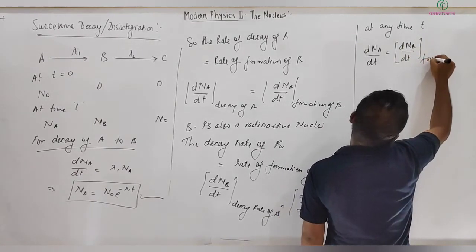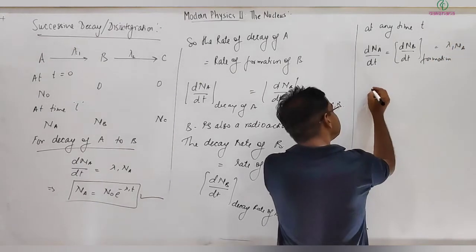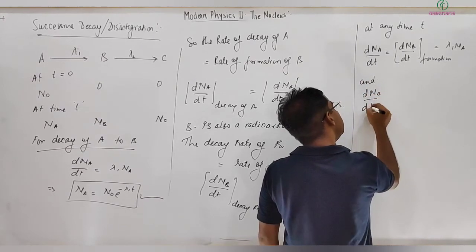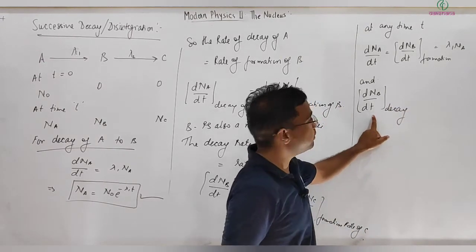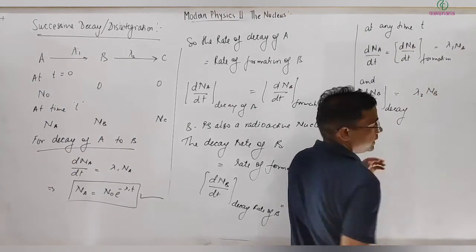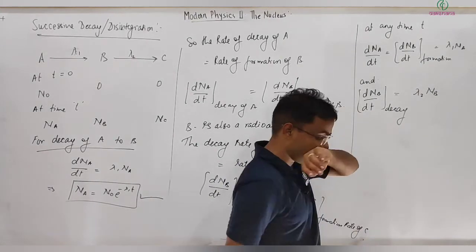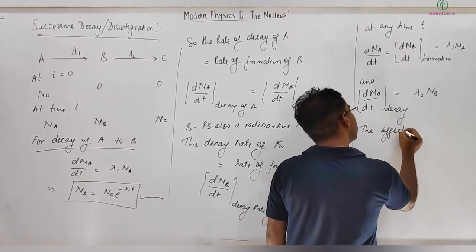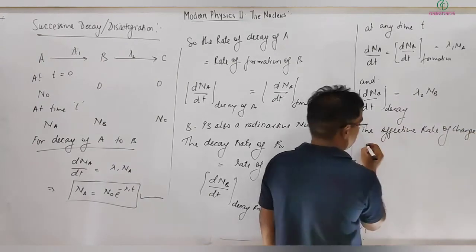This is formation, equal to lambda 1 into Na, and dNB by dt means decay only. This is only dNB by dt for decay rate. This is directly proportional to, I can write, lambda 2 into Nb. Is it clear? Right? So now I can write the effective rate of change of